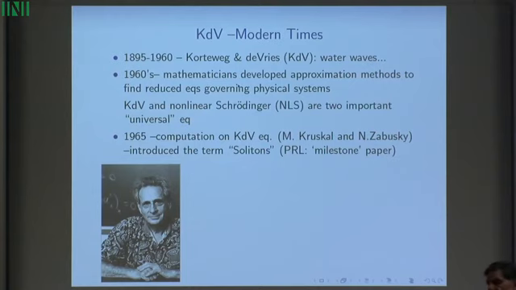Universal is a statement that certain phenomena occur in these equations, that you can understand how to get from governing physical phenomena like water waves or other circumstances down to the basic equations, and why you expect KdV to occur in many different